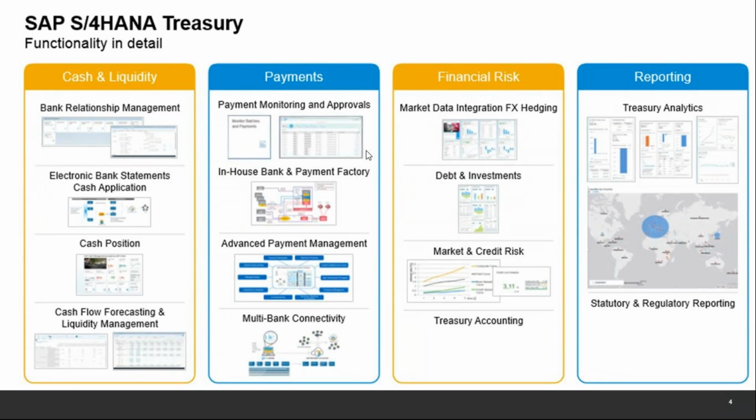And on the right hand side, you have the reporting, treasury analytics. SAP is coming out with the new overview apps and the new Fiori apps, which give you data in consolidated pages. This is very useful for somebody like a treasurer, or the directors of the company, who do not want to go into the details but just check the position of the company at a particular point in time.